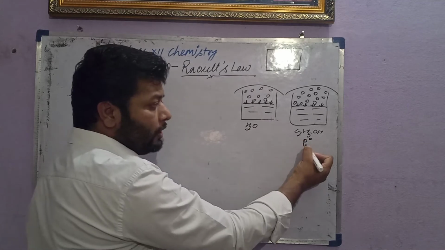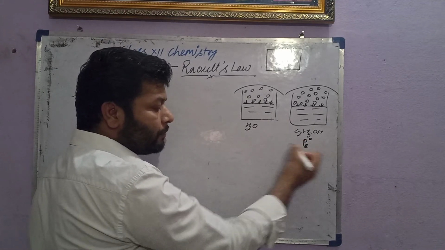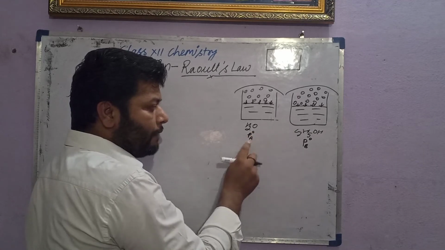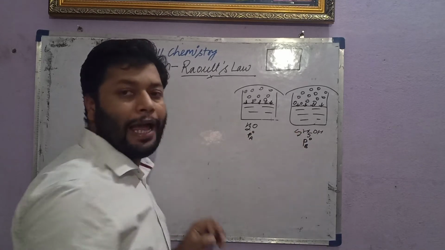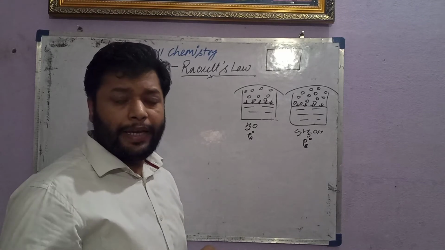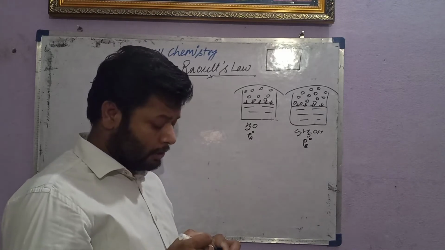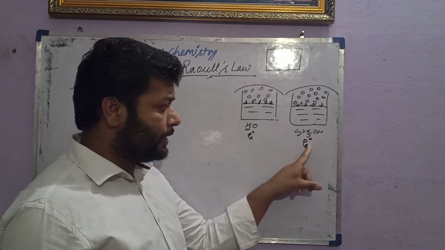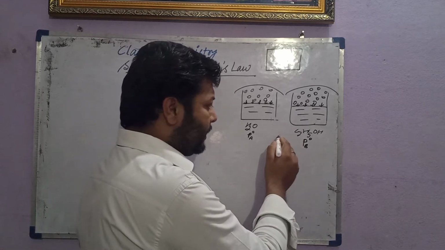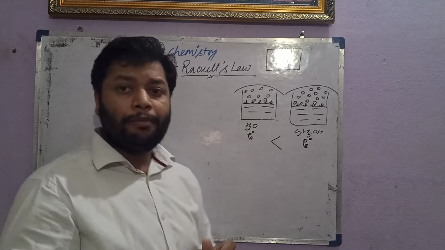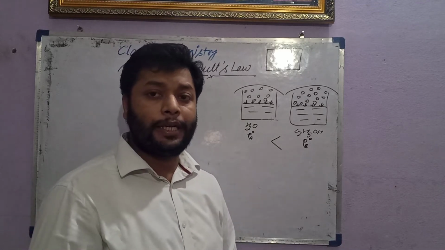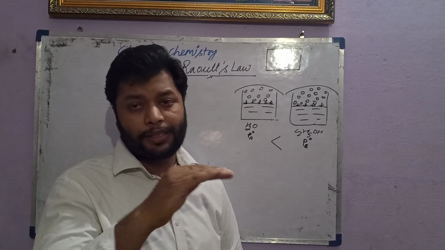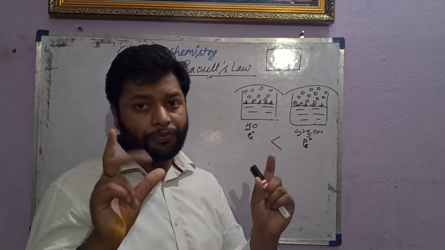So this is P naught A and P naught B, suppose A for water and B for alcohol. So you can say that the vapor pressure in the pure state of alcohol must be greater than that of water, because alcohol evaporates more easily at the given temperature than water. That is the first key concept for the two different liquids.